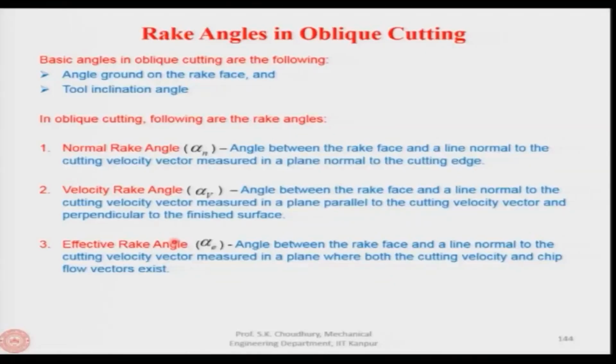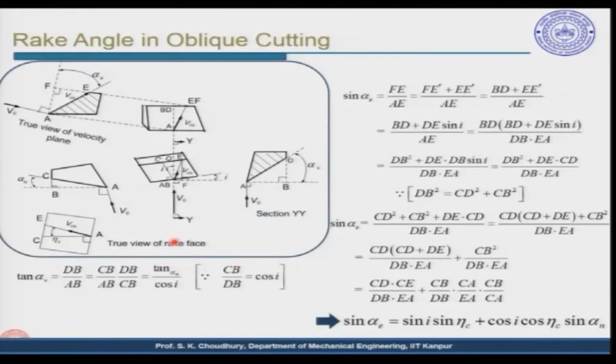Now, the angle is the same, but the value will be different because they are measured in different planes. The normal rake angle is measured in a plane perpendicular to the cutting edge. The velocity rake angle is measured in a plane parallel to the cutting velocity vector and perpendicular to the finished surface, and the effective rake angle is measured where both the cutting velocity and the chip velocity vectors exist. Now, let us see. Here we will take the tool and this is the projection of the tool